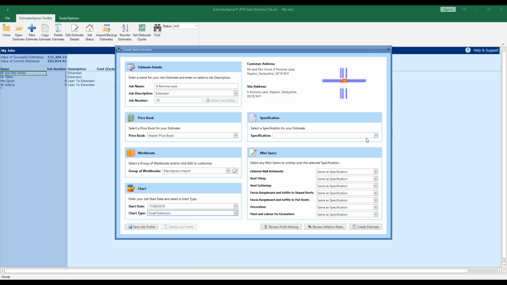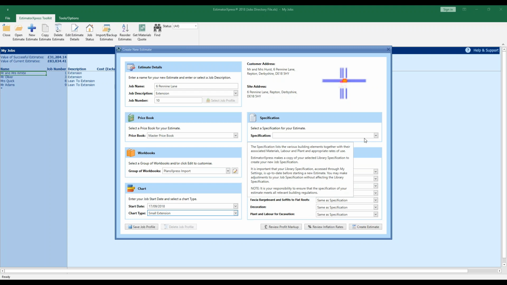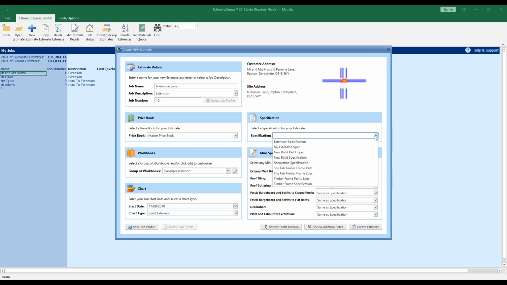Now moving over to the right, we can select a specification for the estimate. For this job, click on the drop down box and select the extension specification. If you'd spent some time setting up your own specification for this type of job, you would select it at this point. So as you may recall, the extension specification will use plant appropriate for work where space is limited,